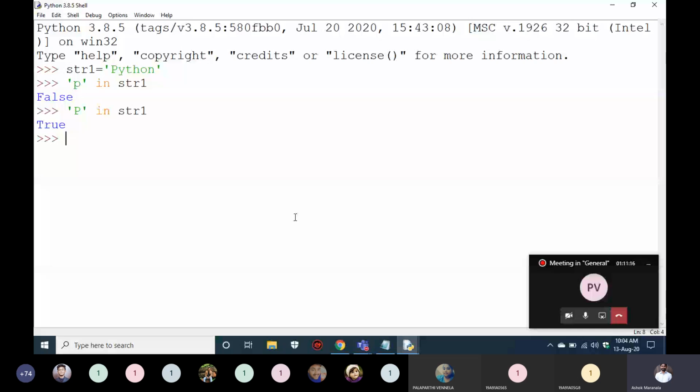So if it finds anything, for example, you can search for y in str1. Yes, y is a member in str1. That means it only needs to find at least one part. If it contains at least one part, then it is a member.